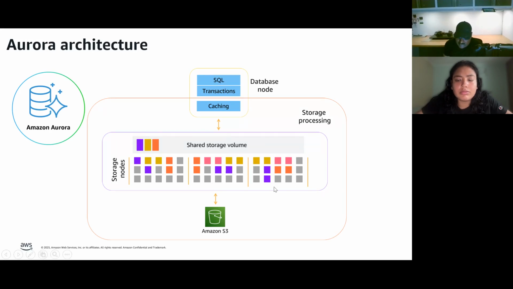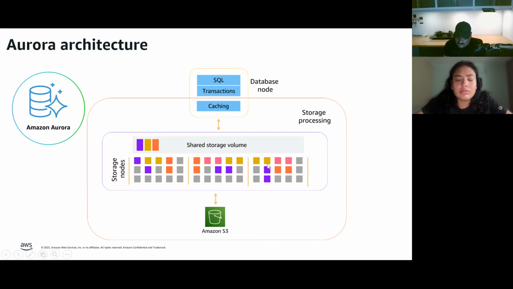And let's say if there is any issue with any of these storage nodes, it automatically fixes that node by taking the copy of the data from another node using a peer-to-peer gossip protocol. We also take continuous backups directly to S3. You don't need to schedule any backup.